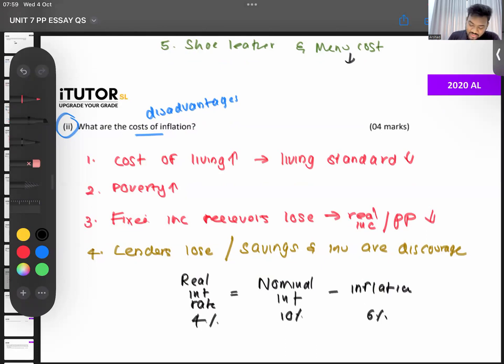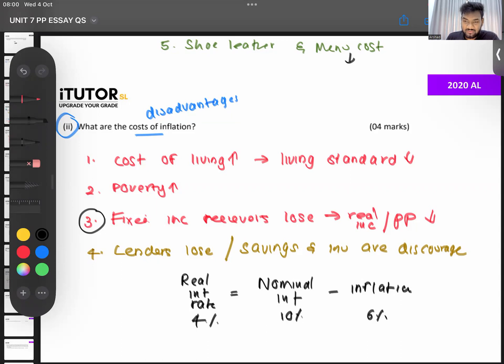Inequality in income distribution, you can connect it with point number 3. You can say because the fixed income earners are losing, the variable income fellows win. So they will increase their salaries, increase their cost prices and all, and they'll try to earn more. And fixed income earners will lose. So you can say as a result, there can be disparities in income distribution.